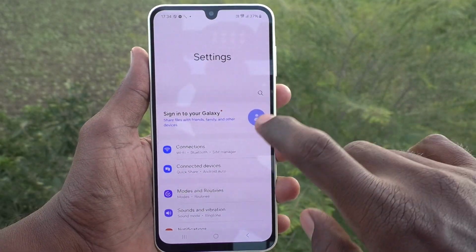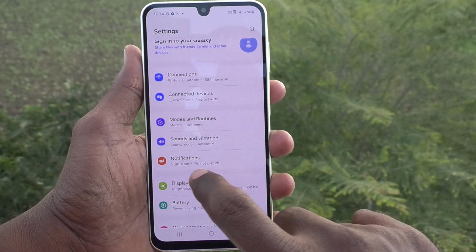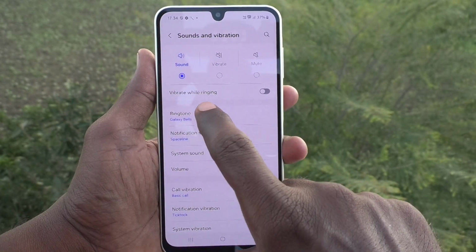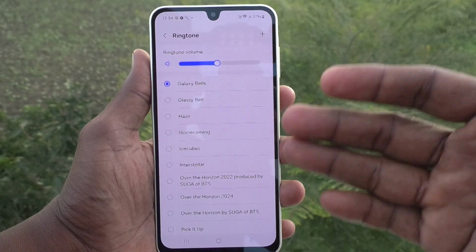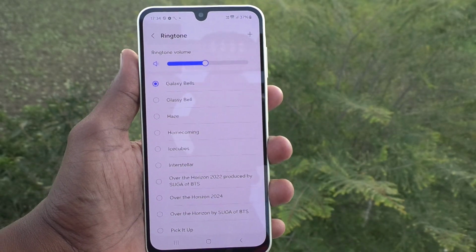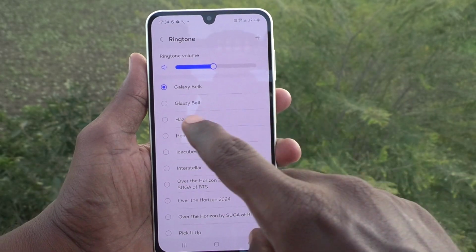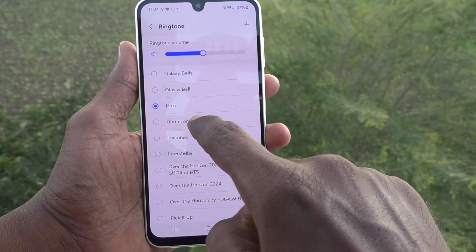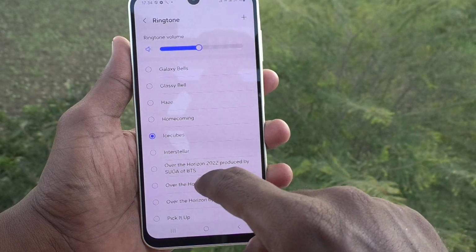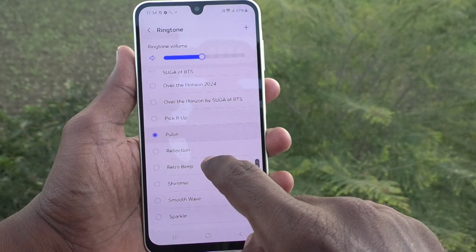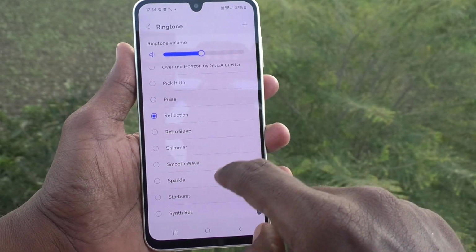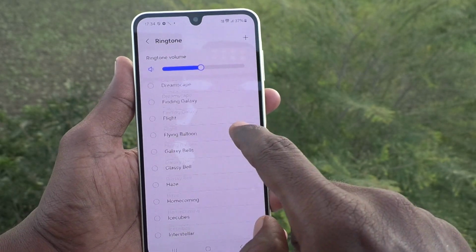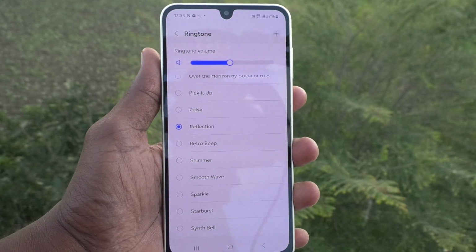Go to settings of your phone here, then go to sounds and vibration, and here just select ringtone, and available ringtones will be showing here. Okay, these are all the system ringtones: Galaxy bells, glassy bell, home, coming, ice cubes, pulse, reflection. These are all the system available tones. You can pick any one,